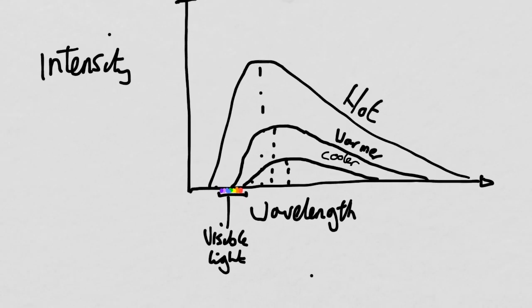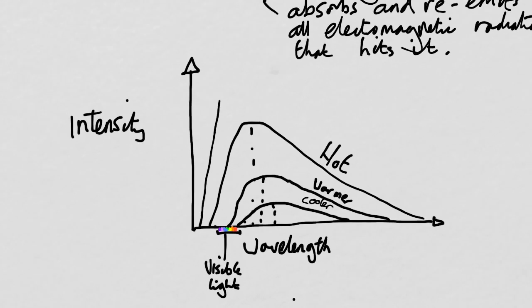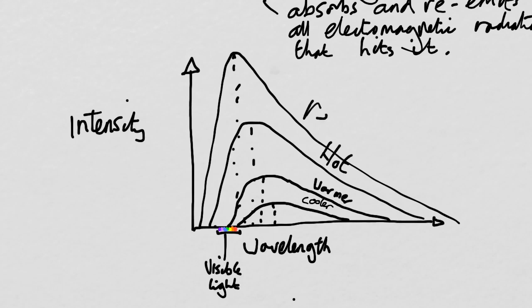If I heated it up even more still, it's going to look something like this. So the peak now is even more shifted over. This is really hot, and here we're talking about things like stars. Stars are very, very, very hot. They're emitting across an incredibly large range of wavelengths, and it peaks generally in the visible light part of the spectrum. Our sun peaks at about 500 nanometers, and as a result of that, our eyes have actually evolved